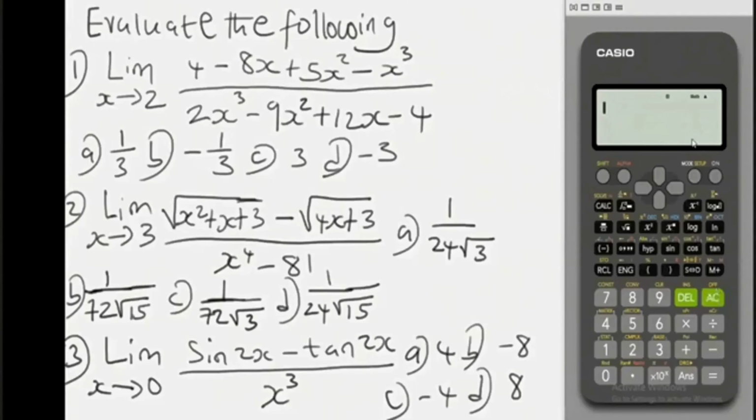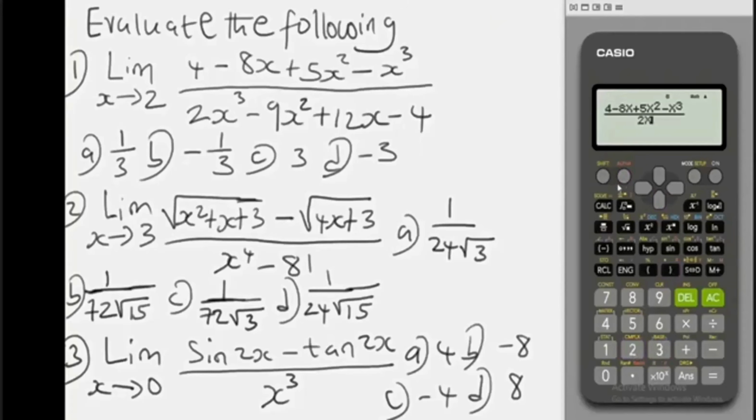We are going to use this stored value now to evaluate this function. Let's input the values. The numerator, we have it to be 4 minus 8x. You press alpha and this button for x to come out, plus 5x square, minus x cube, using this power function. Then over, we have 2x